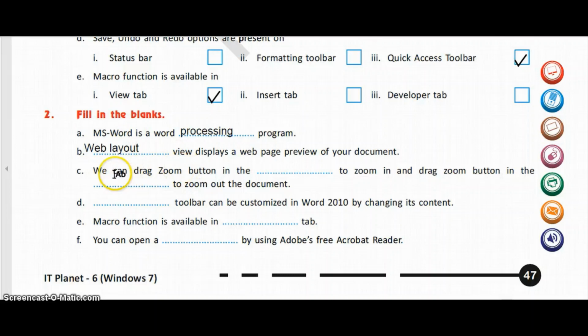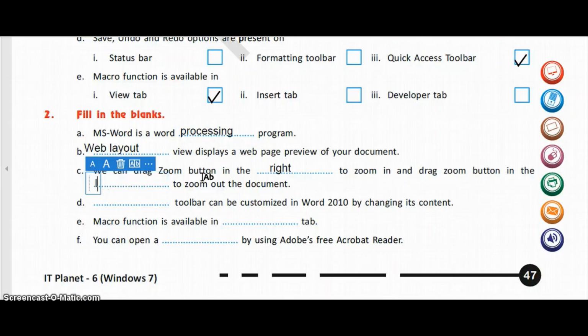Now next is we can drag zoom button in the dash direction to zoom in. Which direction? To zoom in it is right, and drag zoom button in dash direction to zoom out and it is left.